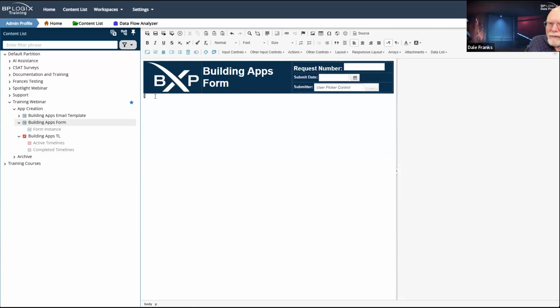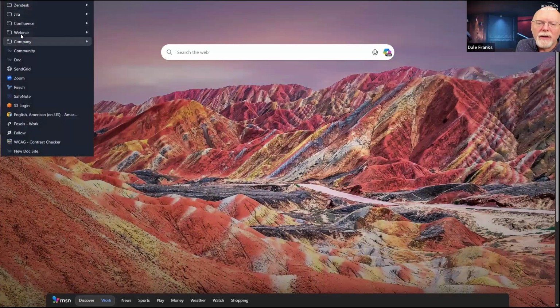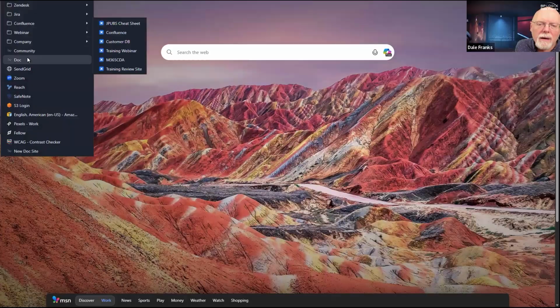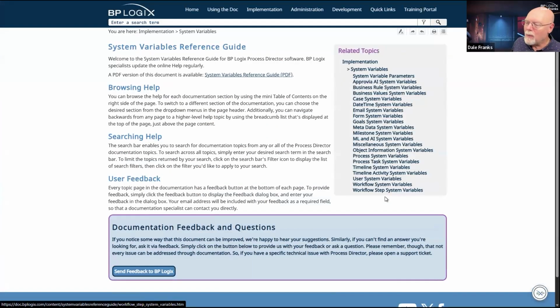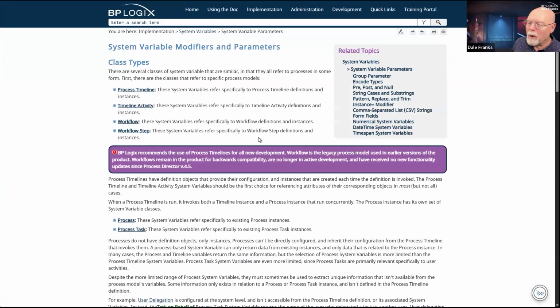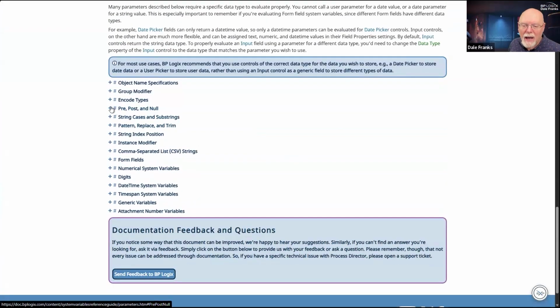I have a couple of options here, and it's dependent on how you want to do it. In fact, it's probably easier if I just go over here and show you what my options are for these system variables. So let's go to the documentation. There it is. We'll go to system variables and system variable parameters, and let's talk about pre, post, and null.